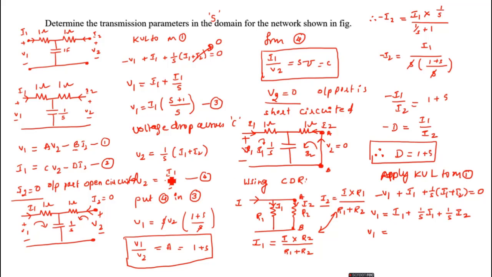You can see here what is B. B can be expressed in terms of V1 and I2. Alright. Compare this equation. Here the I1 term is extra. That should be replaced. So using this equation,